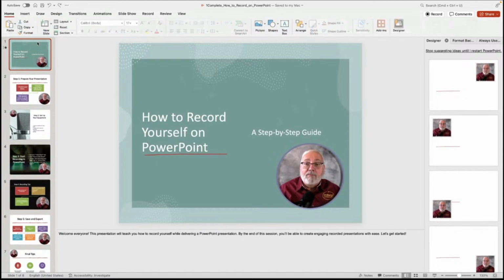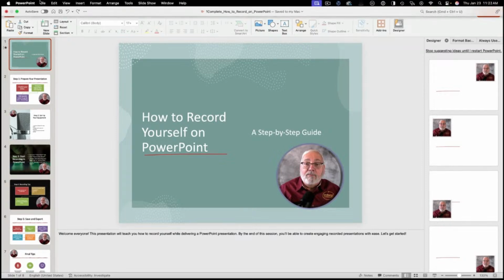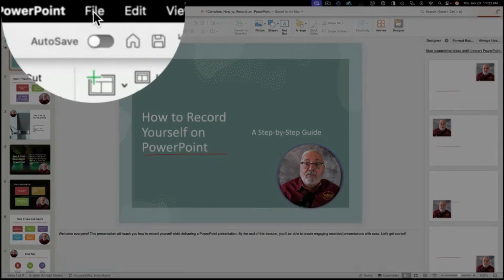All right, so anyway, there we go. Now, the next step is how do you get this into a movie? So we've got this set up. We're happy with how it looks. We need to go and create a movie out of it. So now you need to go up to your file menu. Now I'm using full screen. That's why everything kind of got out of the way.